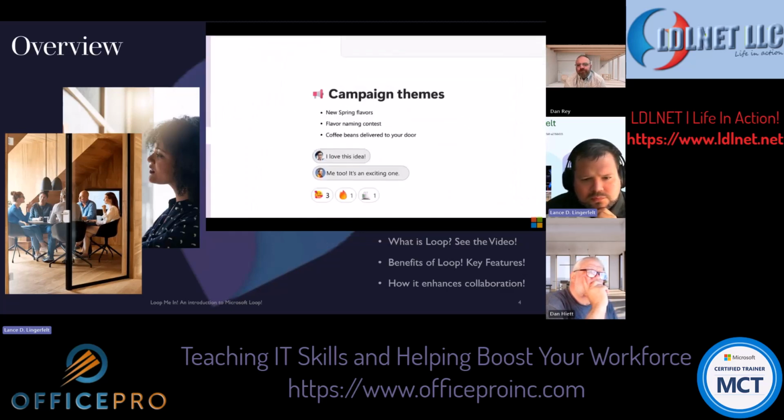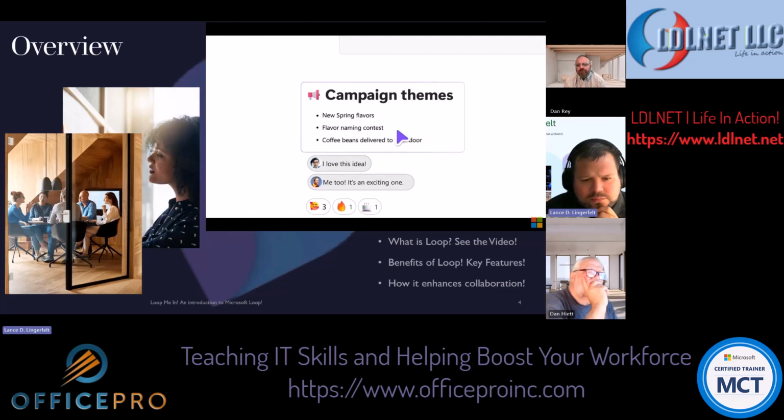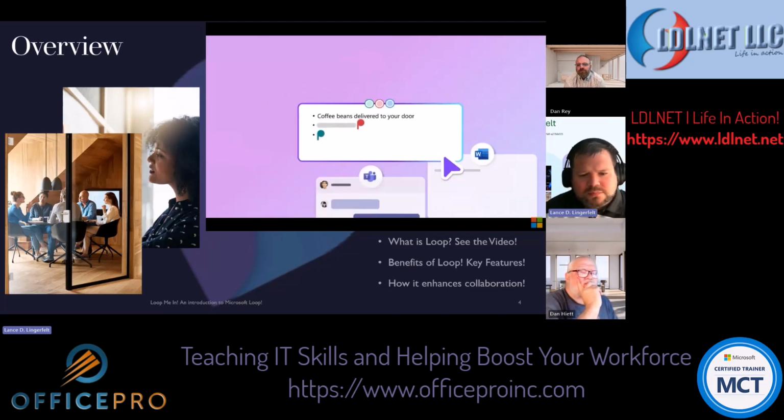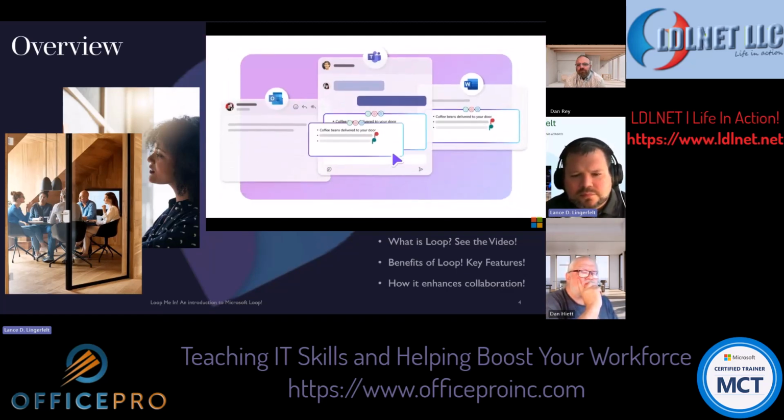Don't let app barriers slow your project down. Easily share information with people outside your workspace with Loop Components. Components are portable pieces of content that stay in sync across all the places they have been shared, no matter